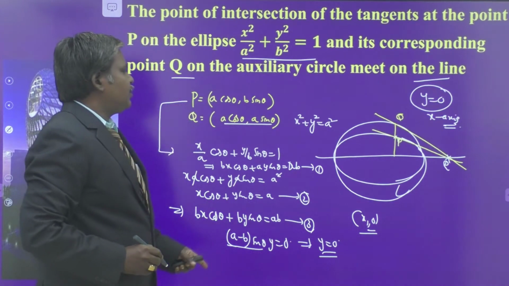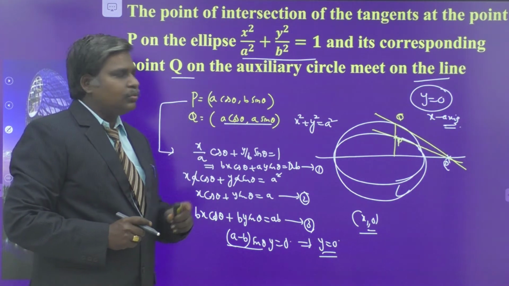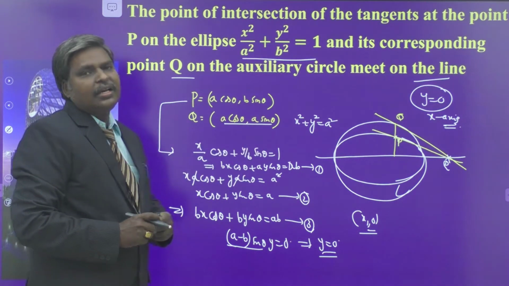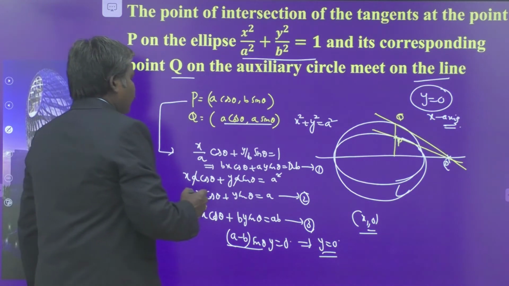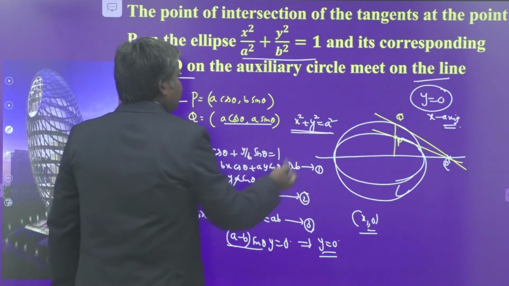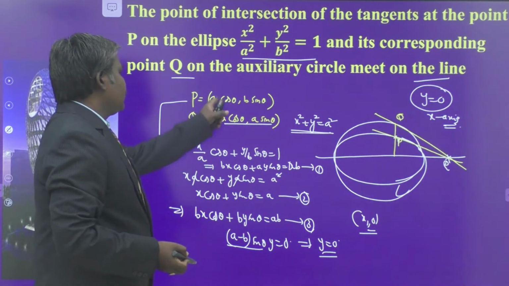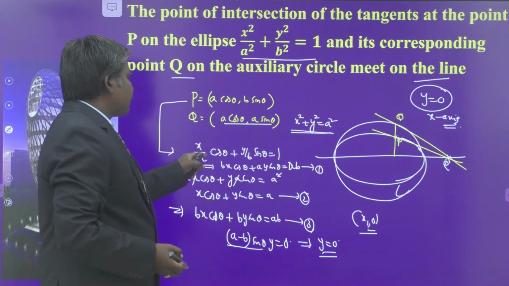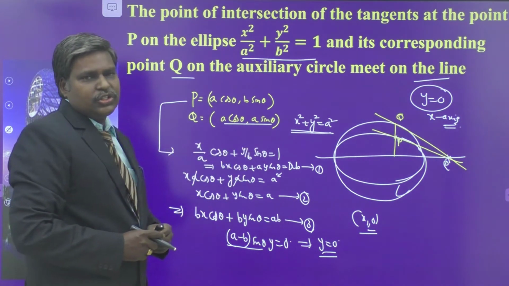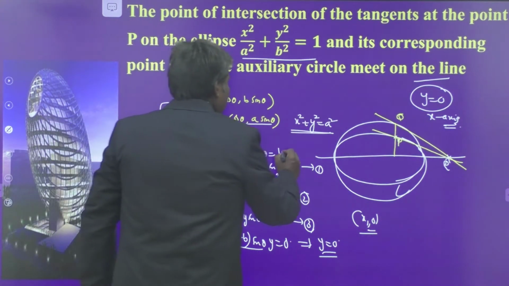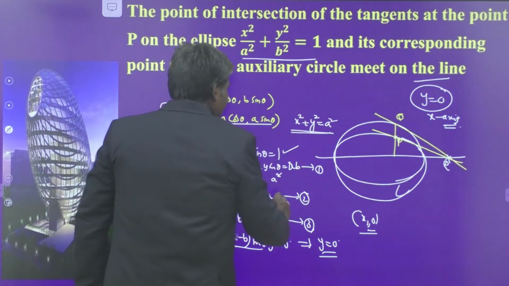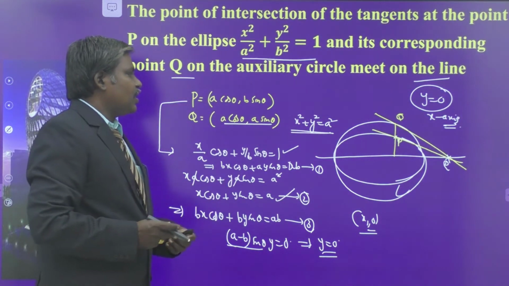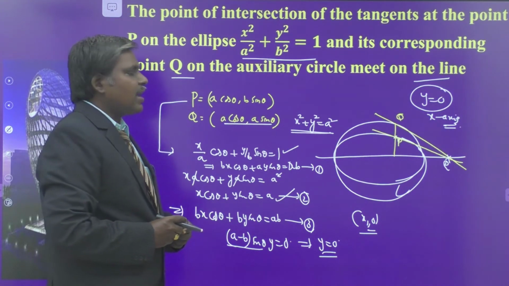So this is a simple problem. You have to solve the tangents at P and Q to the ellipse and the circle, that is the auxiliary circle, respectively. Understand? The tangent at the point is S1 equal to 0. x x1 plus y y1 is equal to a square for the circle. This is also a well known formula, obtained from S1 equal to 0 also. x by a cos theta plus y by b sin theta is equal to 1 is the tangent to the ellipse at the point P. This is the equation of tangent to the circle at the point Q. What is the circle? Auxiliary circle. Understand? What is the line? y equal to 0. That is the x-axis.